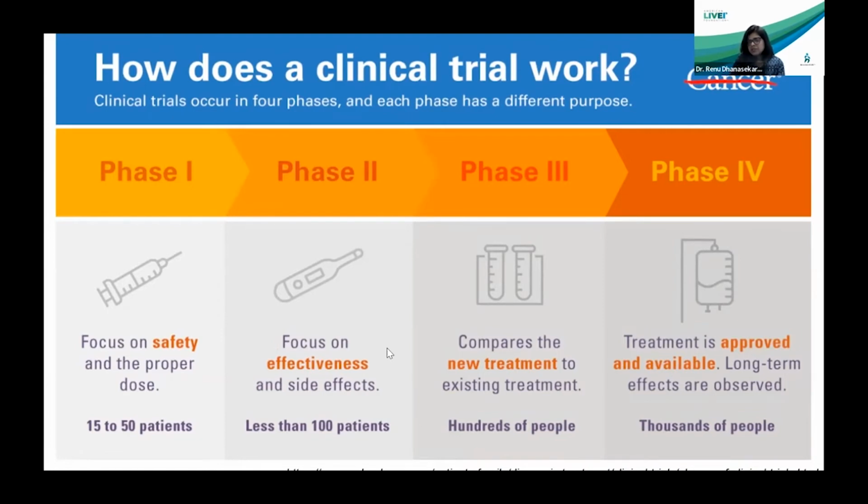Then comes phase 3, which is considered the gold standard for approval for any drug. A phase 3 is a very large study, usually multiple centers, a lot of times multiple countries. We're going to compare the new treatment with the existing gold standard treatment. And what we are doing here is randomizing patients to receive different kinds of treatment and then comparing them. Hundreds, thousands of patients participate in this. If a drug is found effective in a phase 3 study, then it goes on for FDA evaluation and then FDA approval, hopefully. Once FDA approves the drug and it's out in clinical practice, now you can imagine hundreds of thousands of people could potentially get the drug.